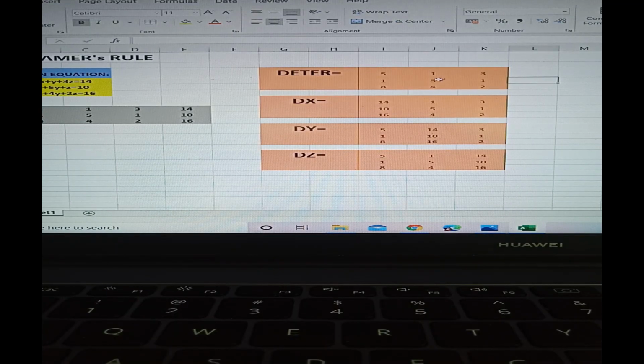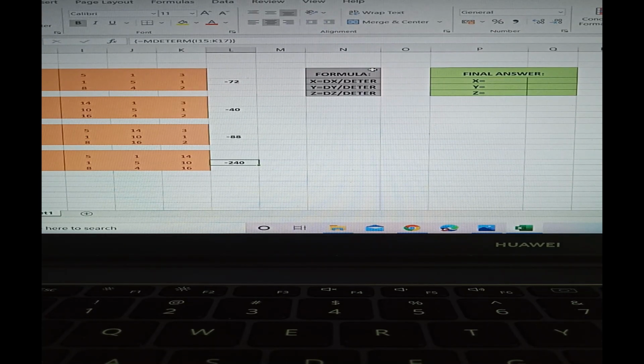Then we need to find the value of d, dx, dy, and dz. For d, negative 72. For dx, negative 40. For dy, negative 88. And for the last, dz equals negative 240. To find x, y, and z, these are the formulas that we need to use. And let's start for x equal dx, rather, is negative 40 divided by d equals the value of x is